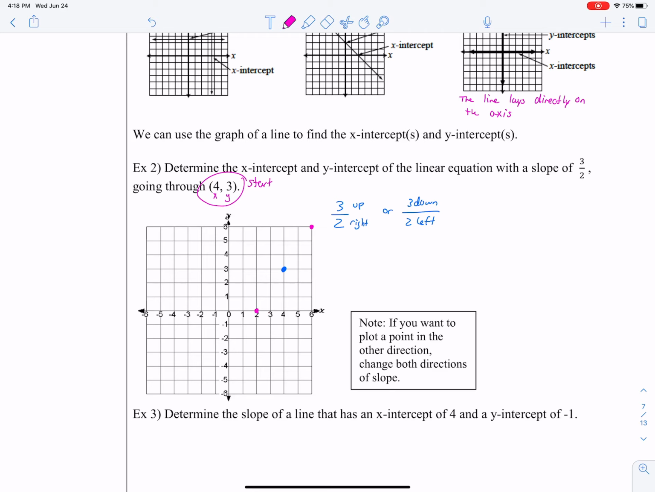Here. Do my next point. Then I'll go 3 down again. 1, 2, 3, 1, 2. There's another point. 1, 2, 3, 1, 2. Okay. And then I can draw a straight line through these points